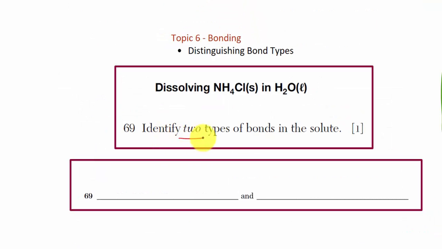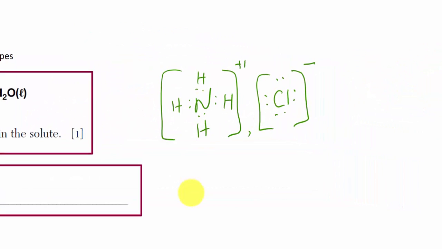Question 69. Identify 2 types of bonds in the solute. The solute is the NH4Cl, the material that dissolves into the water. I've put together the Lewis dot structure for this compound, and because we have NH4Cl, we know there's a polyatomic ion present. That's the ammonium polyatomic ion. I've constructed that. There's your nitrogen with 4 hydrogens, and this polyatomic ion is held together by 4 covalent bonds. These are 4 single covalent bonds existing between the nitrogen and the individual hydrogens, all together forming a positively charged ion, the ammonium ion. So we do have covalent bonding present